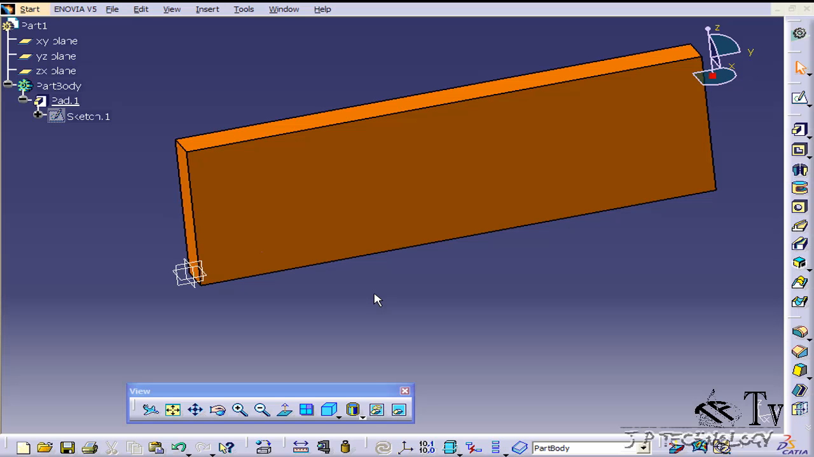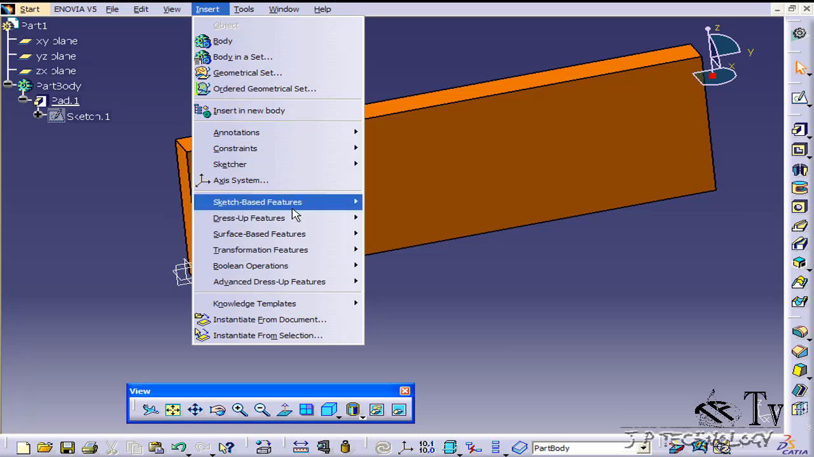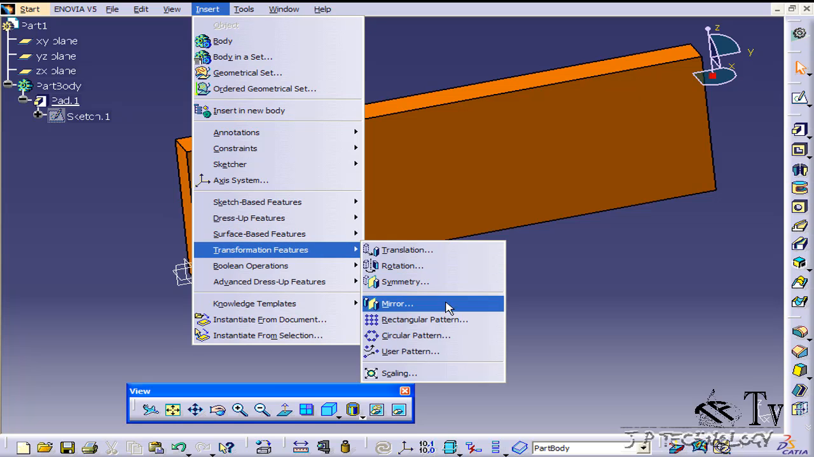This is tutorial number 71, and it covers how to use the rectangular pattern feature within Catia V5. To start off, open up tutorial part number 71, which is located on the DVD. Now, to find the rectangular pattern feature, click Insert, click Transformation Features, click Rectangular